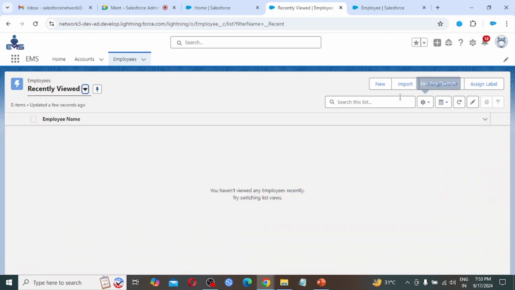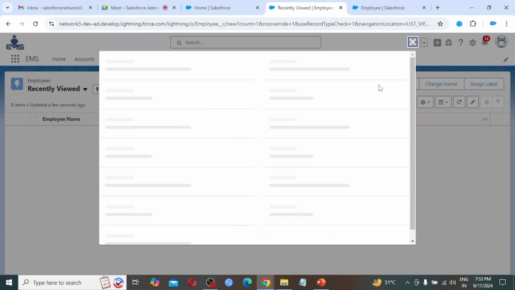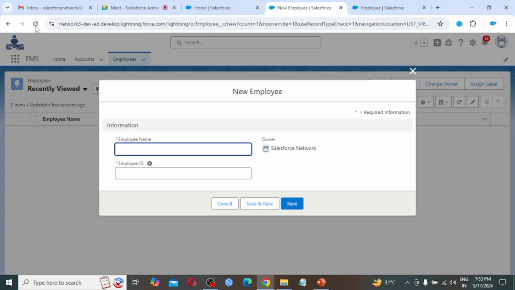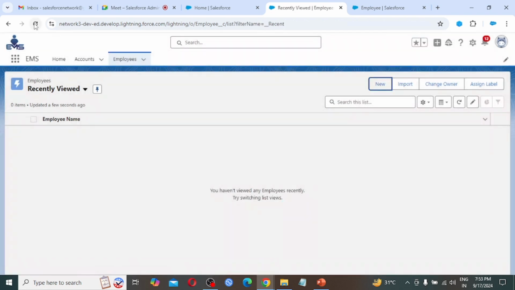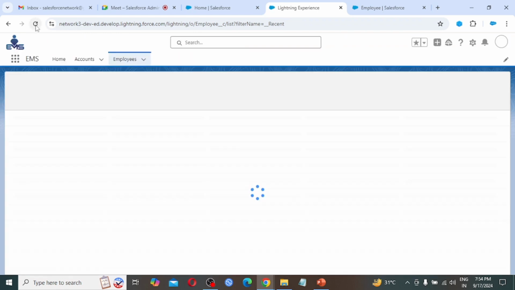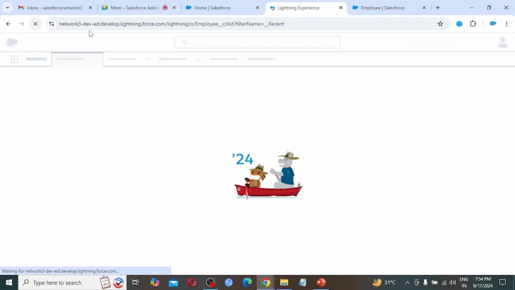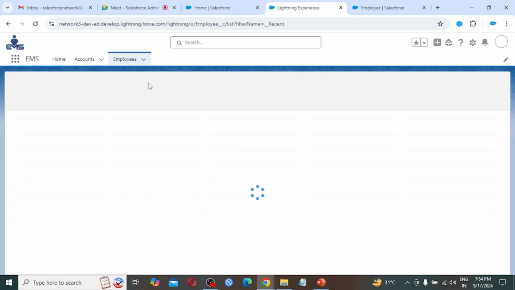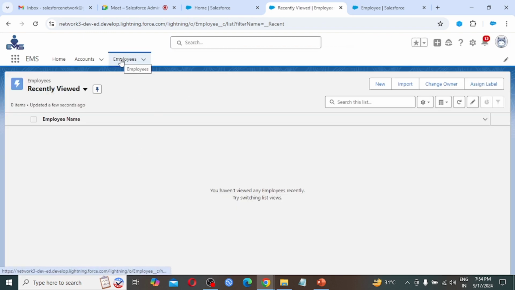Click employees, click new. Sometimes we are not getting updated or the page is not getting reloaded, so what we need to do is right click on this, or click refresh a couple of times. So click on employee, click new.